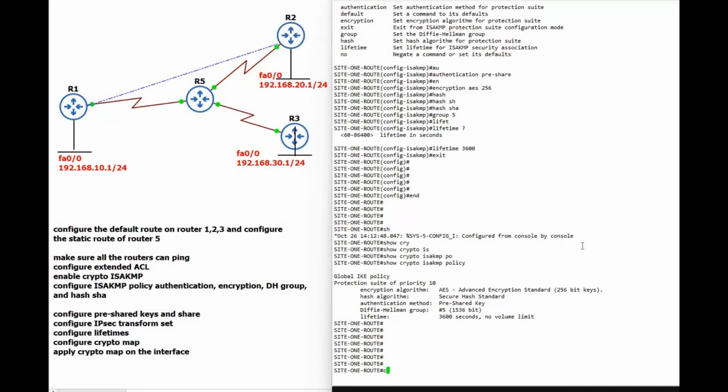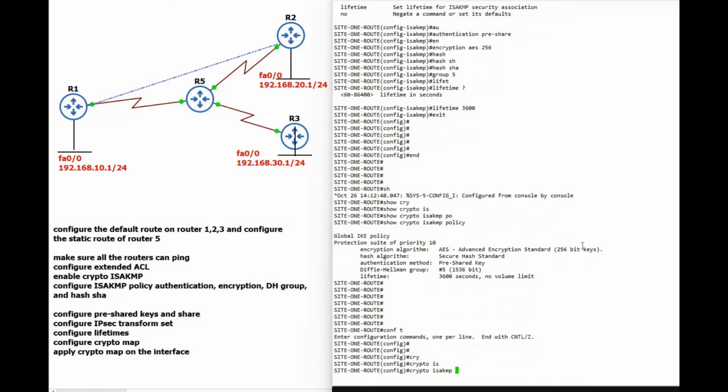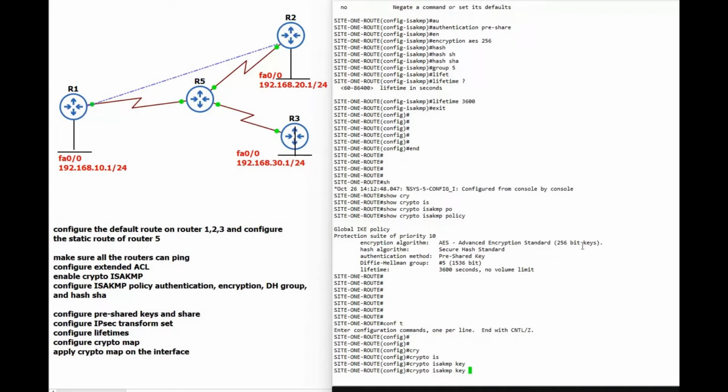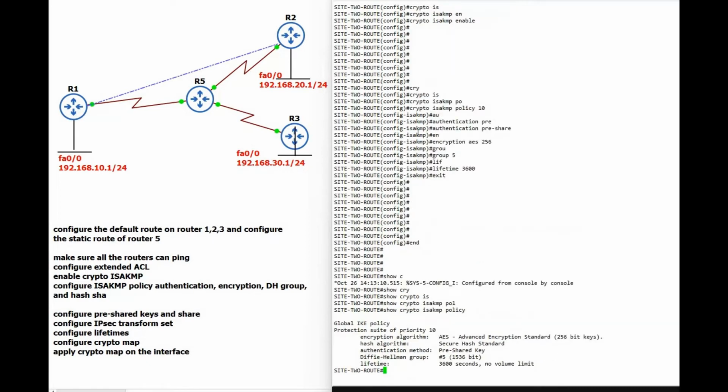So configure terminal, and here we write crypto ISAKMP key 0, and the name we are going to use is internetworks.in, and the address of this interface is 192.168.2.1. Okay, so our peer address is 192.168.2.1. Okay. The same way we are going to configure the pre-share key on router 2, and for router 2